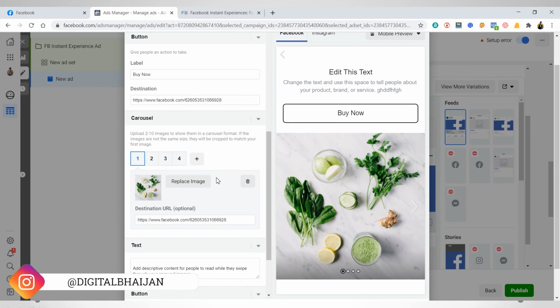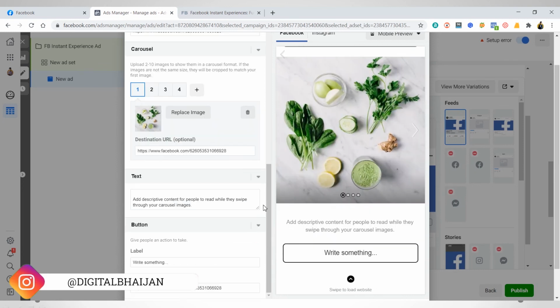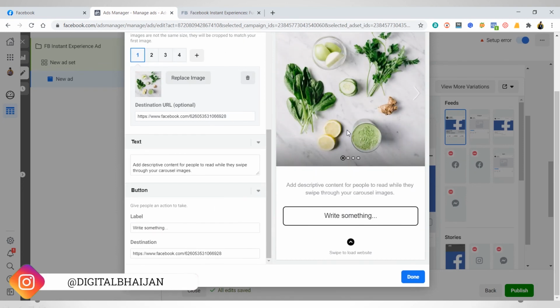I'm not doing it, I'm just exploring it. Now below this carousel you can see a text, so you can edit this text also. See how simple it is, just drag and drop, and it is self-explanatory. You need not do much.